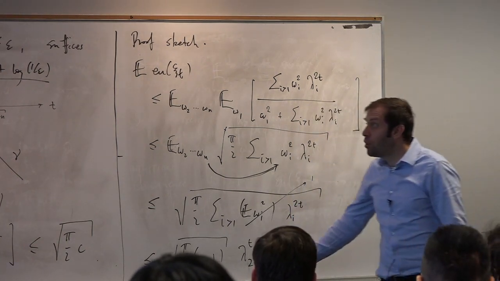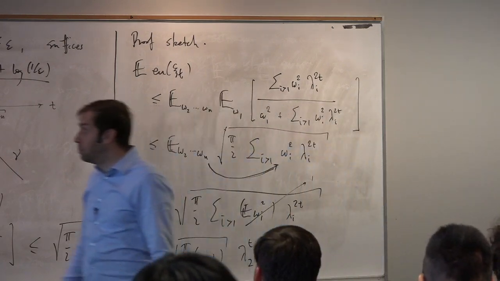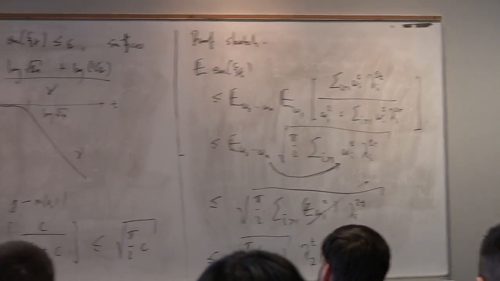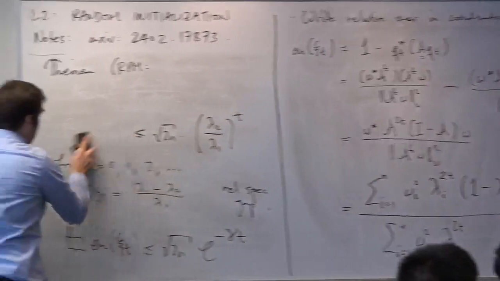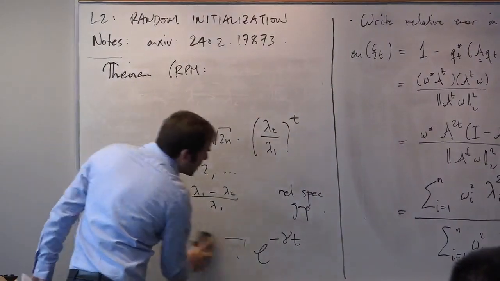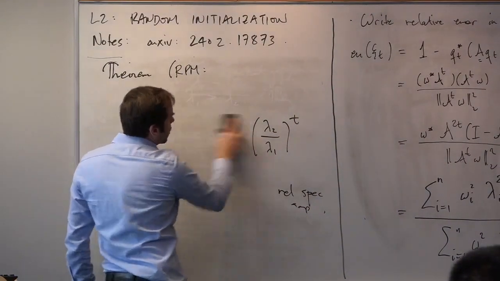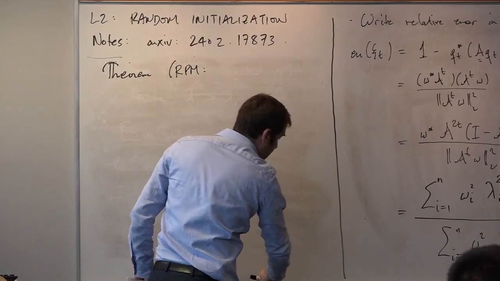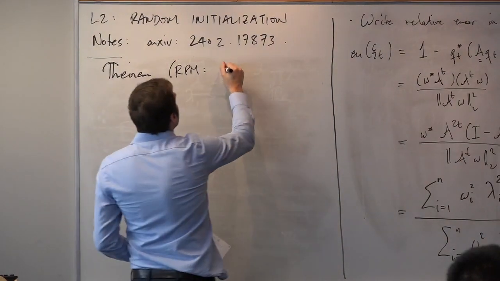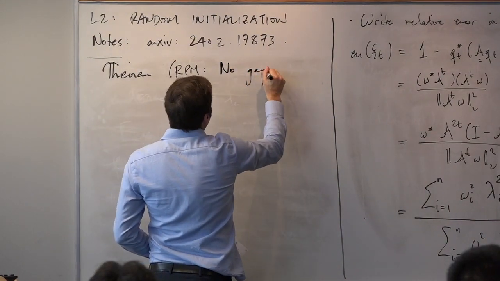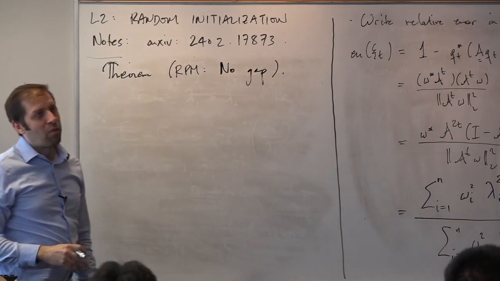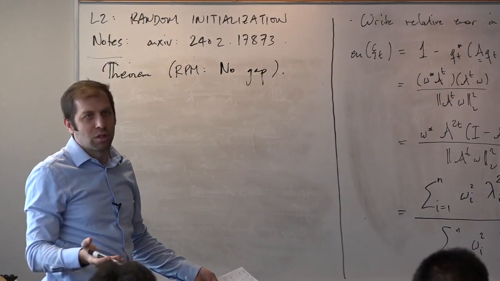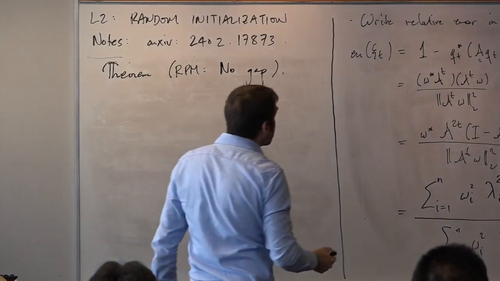Okay, I want to tell you about another theorem now, which is random power method without a spectral gap. And in some sense, what I've just showed you is something that you can extract from the classical analysis of the power method. This other result that I'm about to show you, which depends on probability, seems to be something that was discovered in the